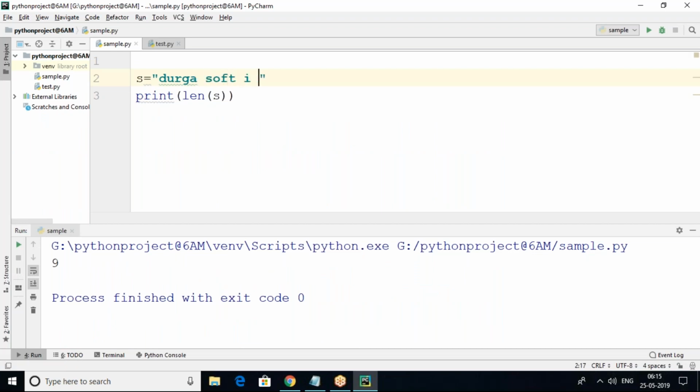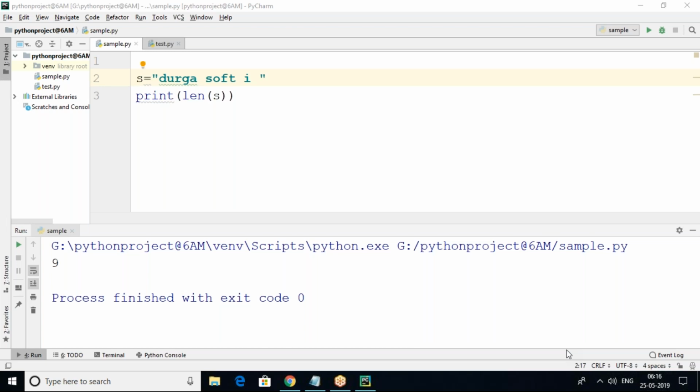Suppose this is my string, Durga Soft. I want to give print s and strip in the same print statement, but it gives me an error. Why? Because in print s plus strip of s, s is your string already, and again you are applying strip of s.